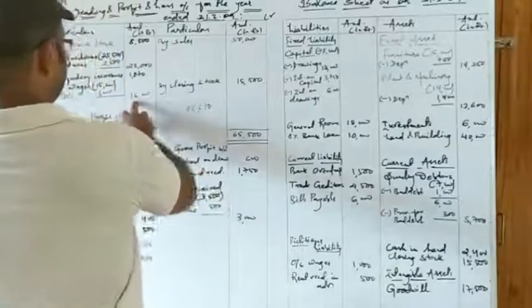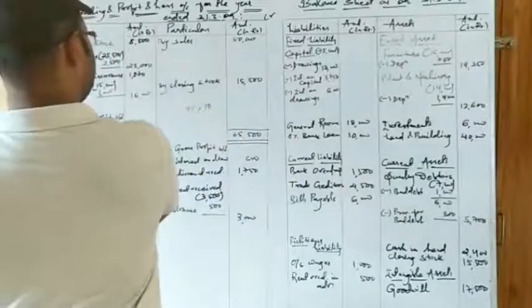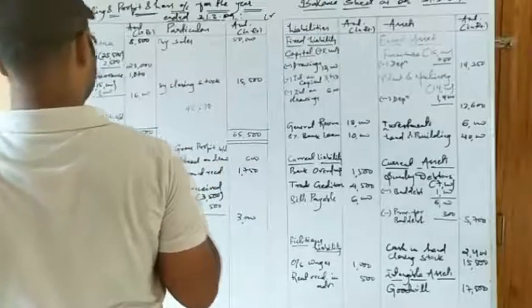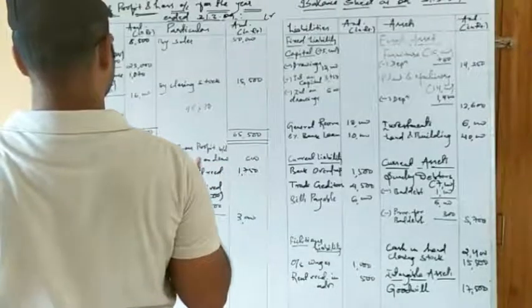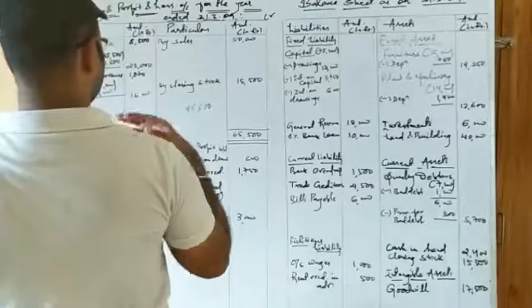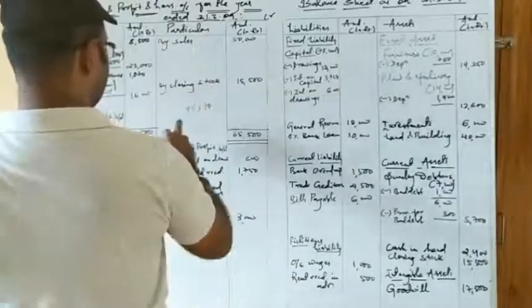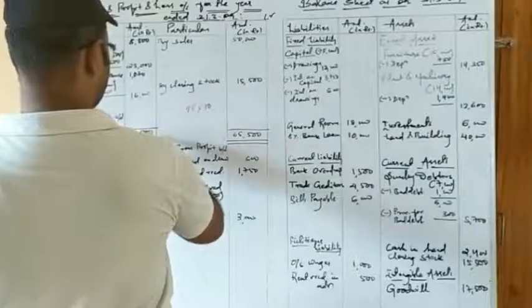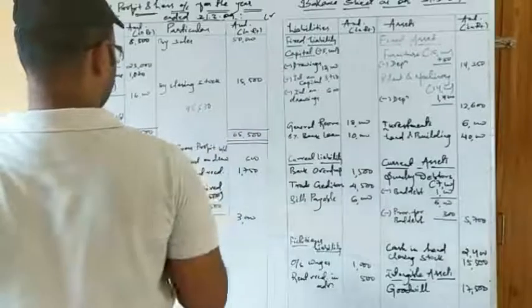So this is 16,000, then 17,000, 17,000, then again it is 20,000, 48,500, so 48,570 is correct. Now if we go to 1073,